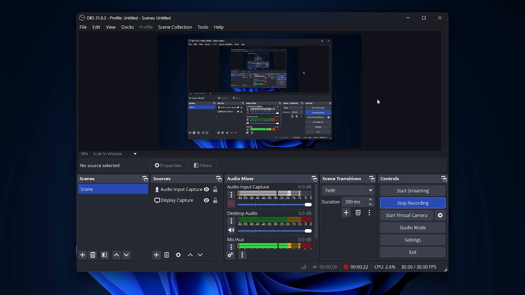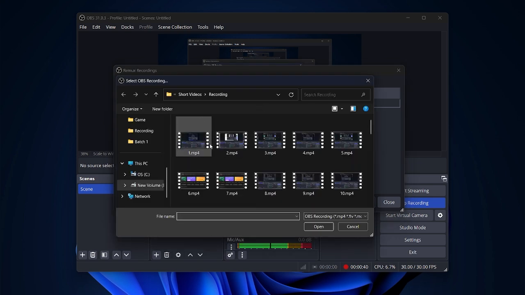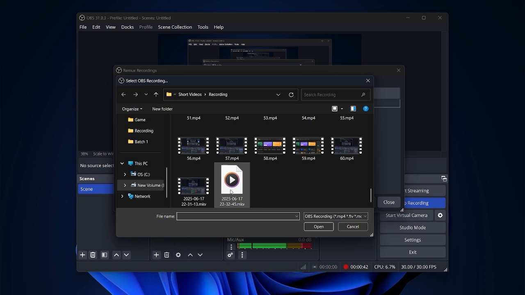Now, in order to do this, you don't need to record your video again if you have previously recorded. It's just one simple step. All you need to do is go to the option which says File, tap over there, and here you're going to see the option which says Remux Recordings. Just tap over here, and you're going to see OBS Recording. Just import your previous OBS recording that is causing an issue while importing into the